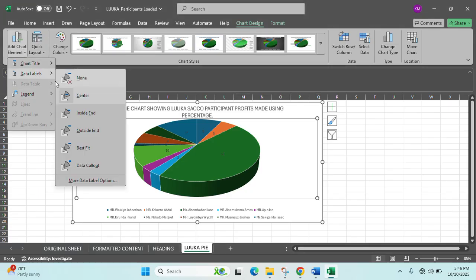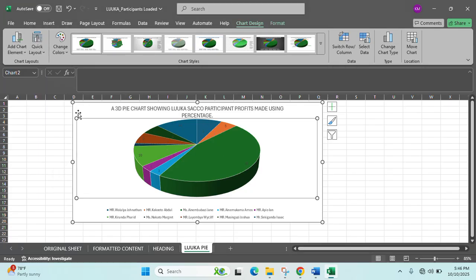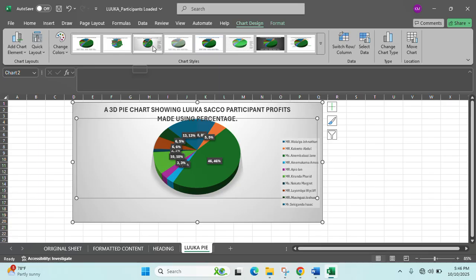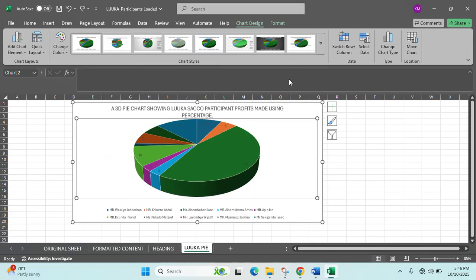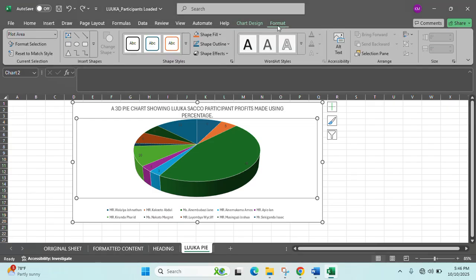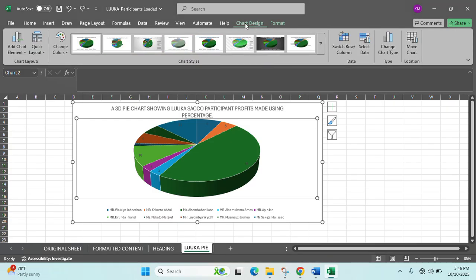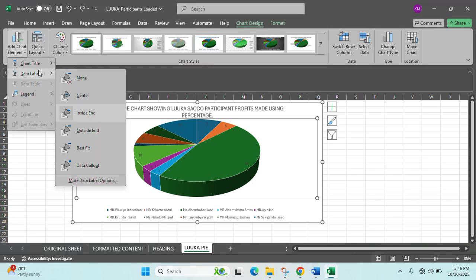There are many ways of labeling your chart: inside, outside, etc. The chart can have a lot of formatting features you may want with it. So it depends on what you want, it's what you put at your pie. All features of a pie are found under chart design or even format, depending on what you're doing with your pie. So I want to go to chart design and I choose these, which are how data is represented